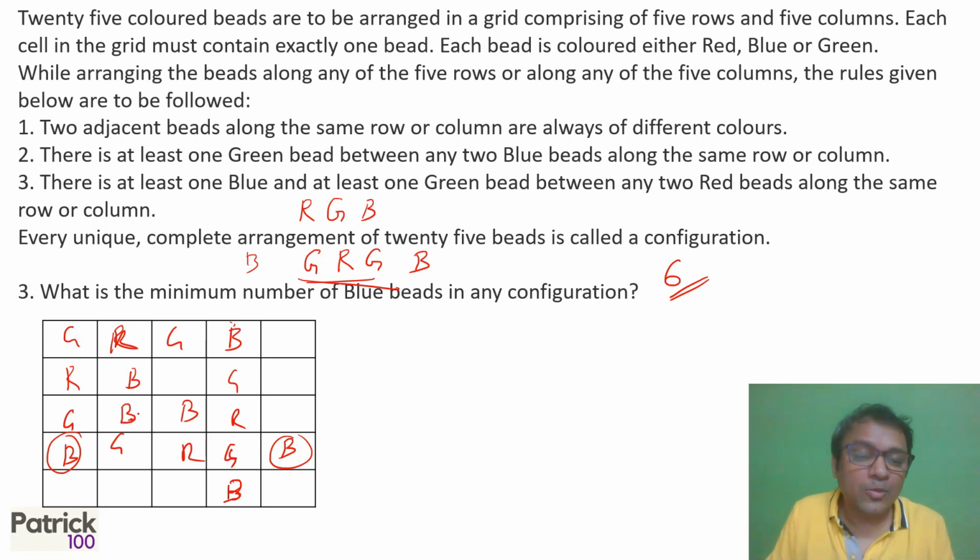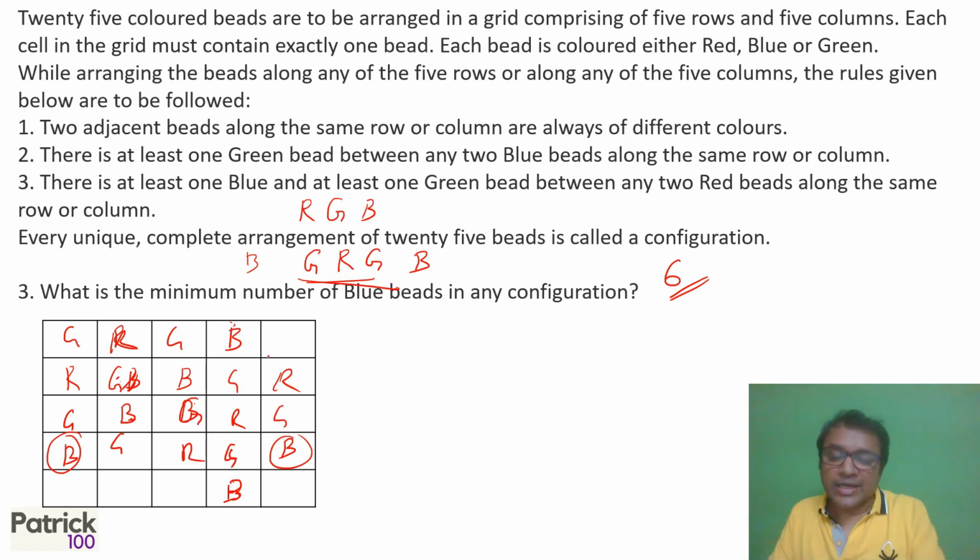So maybe I put one blue out here, which means that there could be a green and there could be a green out here, that way. So I could arrange and then go about it. So which means the blue could come here, okay, and so on. So you can arrange it accordingly so that you have minimum six blues, right? Red, green, blue, green, red, and so on. You can keep on putting the colors to ensure that there are only six blues. So that's how you get the answer six.